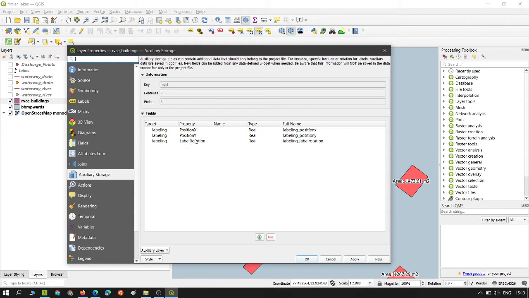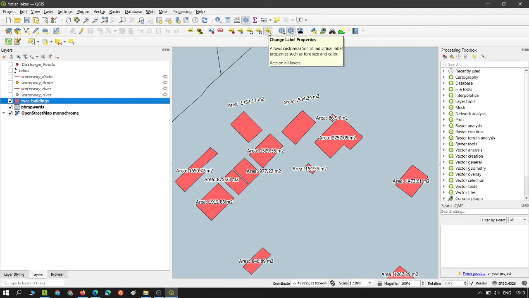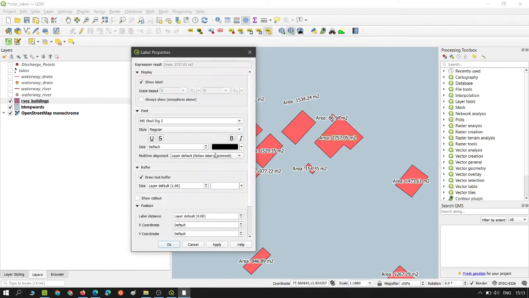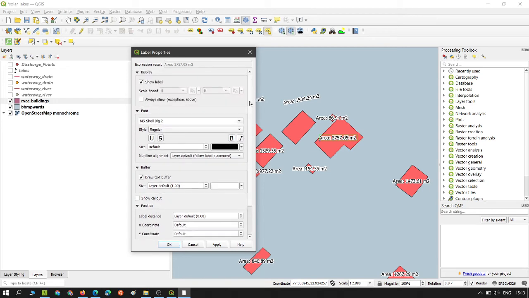So label rotation is the property that has been added. Similarly, you go ahead and click on label properties and then click on any other feature, and here if you click the label properties dialog box option, all these data defined properties are set.